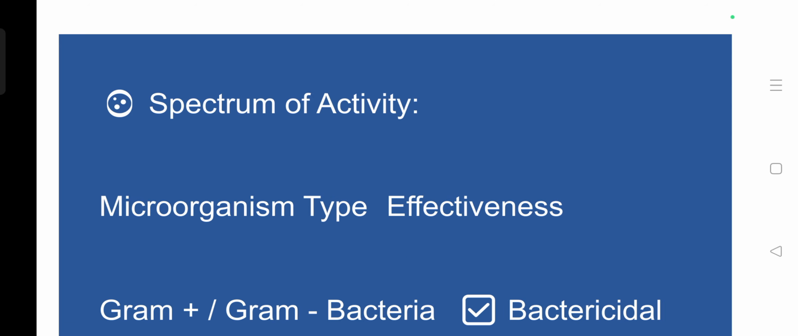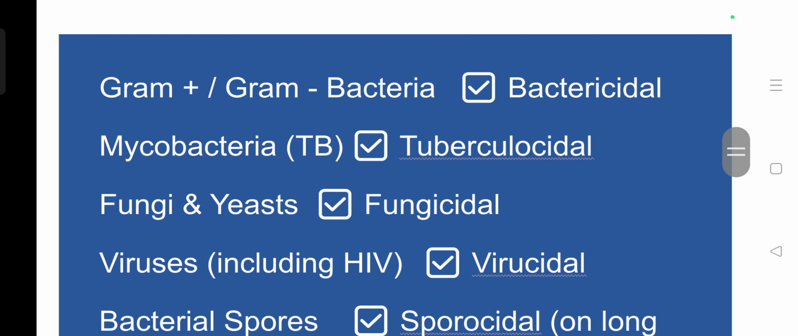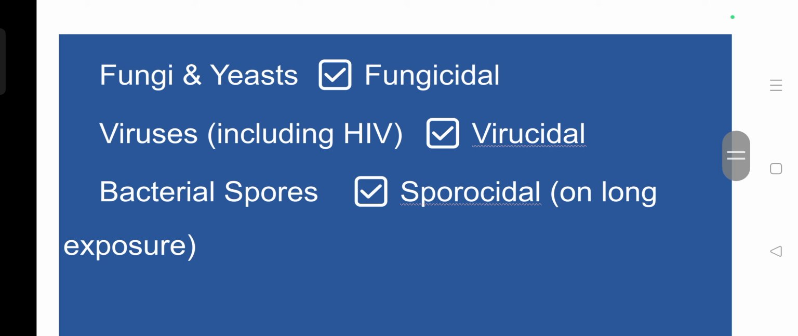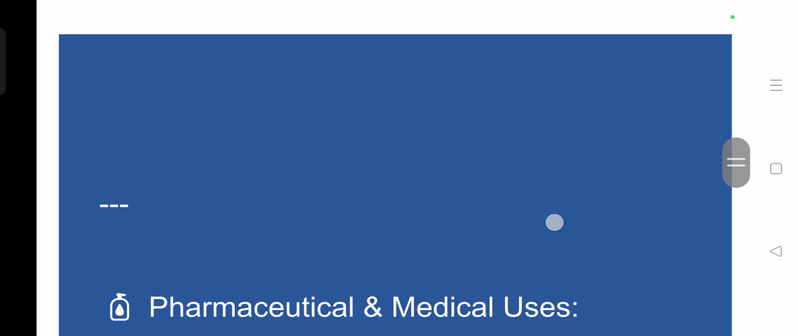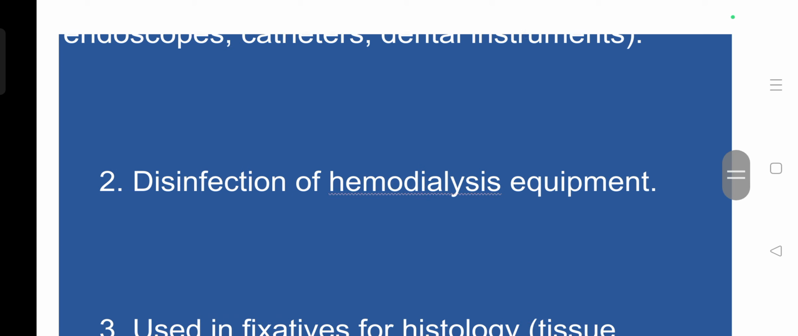microorganism type and effectiveness: gram positive and gram negative both. Mycobacterium tuberculosis, the action is cidal. Fungi and yeast, fungicidal. Virus, virucidal. Spores, sporicidal. And the pharmaceutical and medicinal use is cold sterilization of medical devices, for example endoscopes, catheters, dental instruments, disinfection of